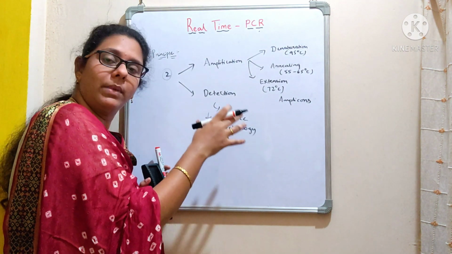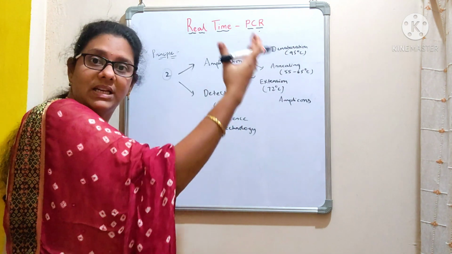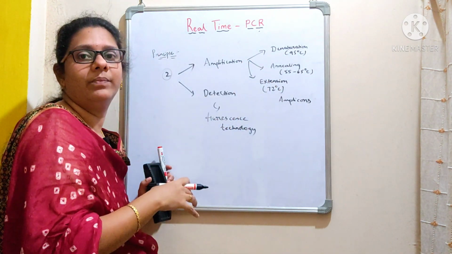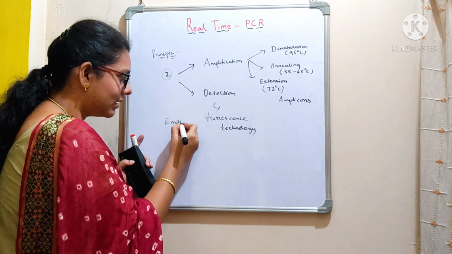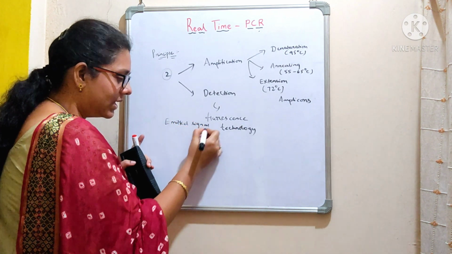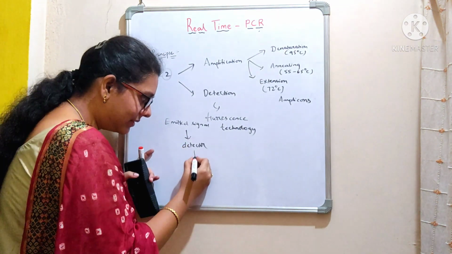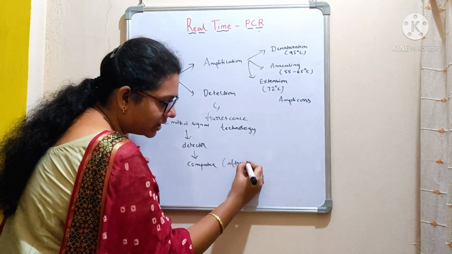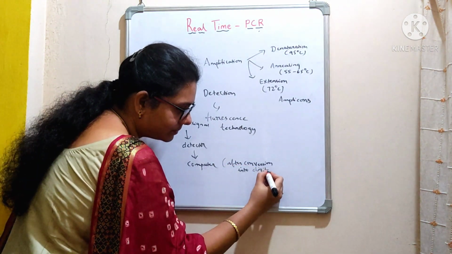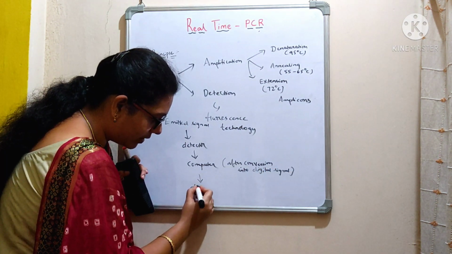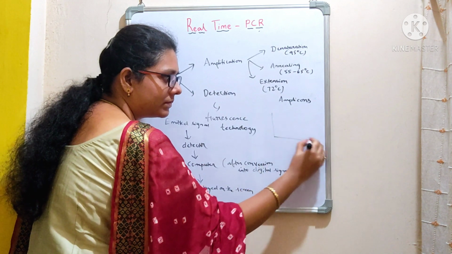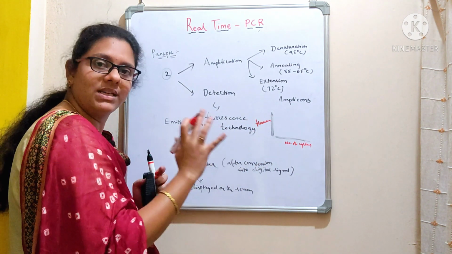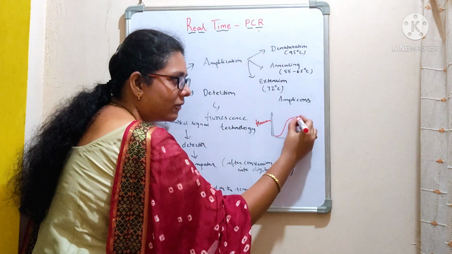As the copy number of the specific DNA sequence increases, that means once the gene is getting amplified, the signal will also get amplified. And that emitted signal is detected by a detector, and then it will be sent to a computer. After conversion into a digital signal, it will be displayed on the screen. With the help of detectors, we are going to observe the data on the screen. So you will get a curve like this.